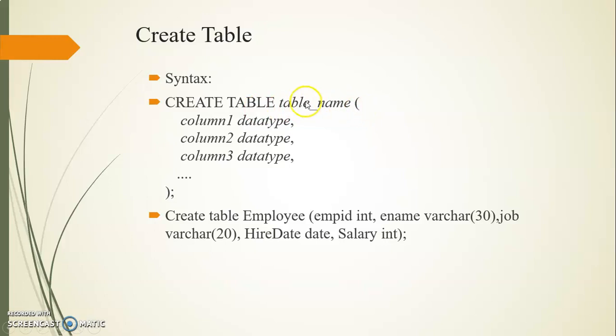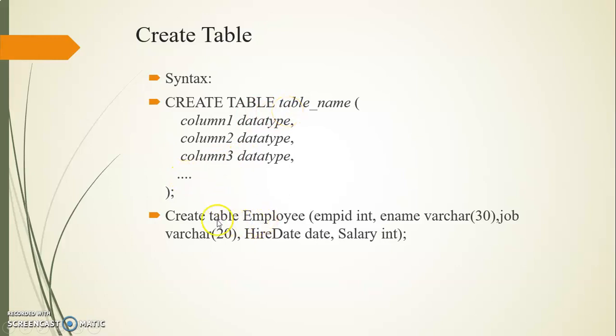So here the first step is to declare a name of the table. After declaring, you need to define the columns. So what are all the columns which you are going to use in the table? So first column, second column, third column. Along with each column, you are supposed to specify the data type which is required for that particular column. Data type can be integer, varchar, depending on the type of data which we are going to insert in that particular column. So this will help you to list the different columns which we need in our table.